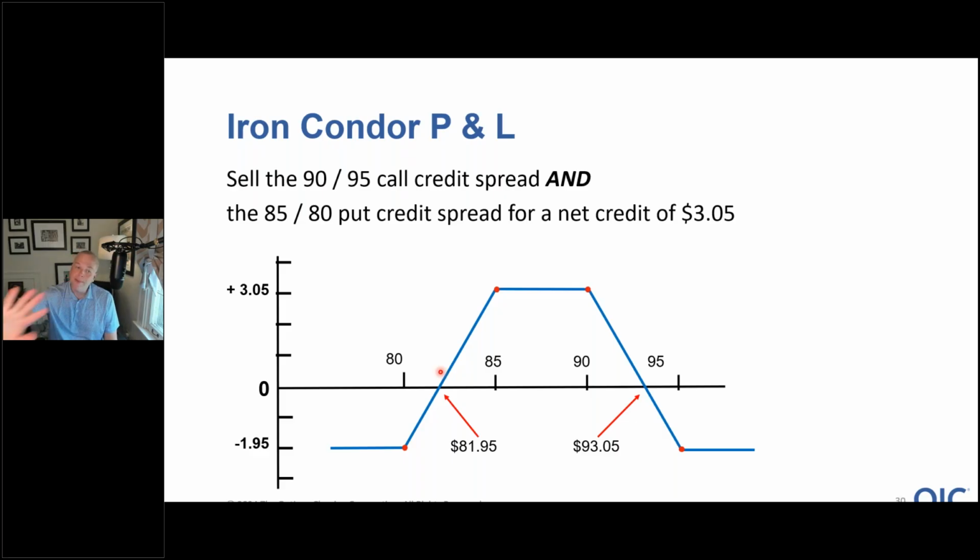If you're trading European style options, meaning if you're trading a strategy like this on something like an index that has cash settled European style options, those options can only be exercised at the moment of expiry. American style options, which the vast majority of equity options are, maintain the right to exercise at any point in time during the life cycle